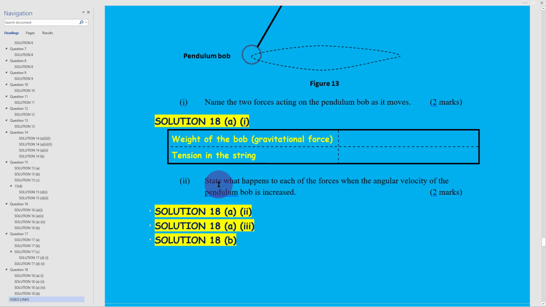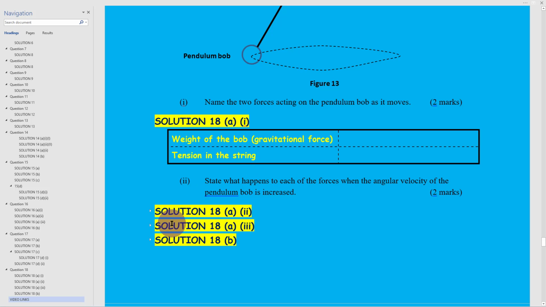Part 2 of A. State what happens to each of the forces when the angular velocity of the pendulum is increased. This is what happens when we increase the angular velocity. It means that this mass must be moving at a higher speed. Of course the weight of the bob remains the same because that one does not change. Weight is equal to mg, so that one does not change, but the tension in the string